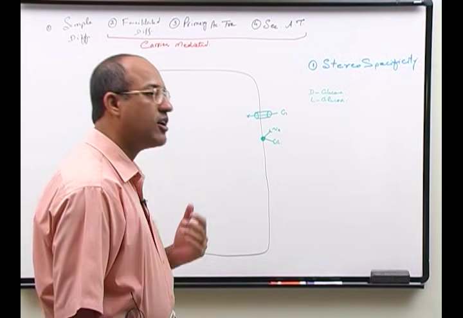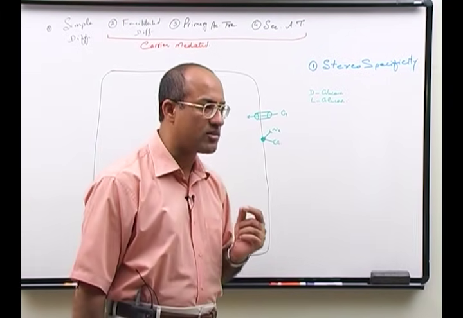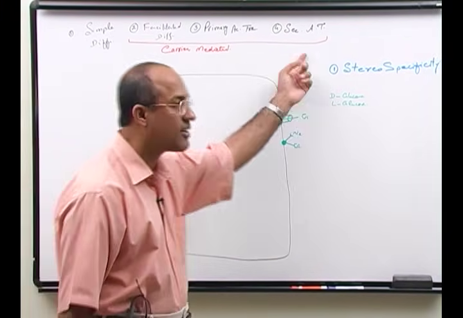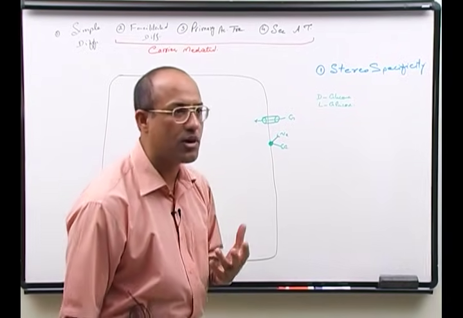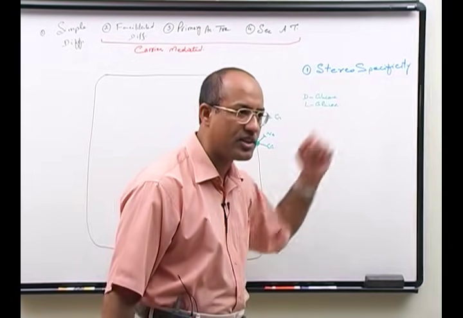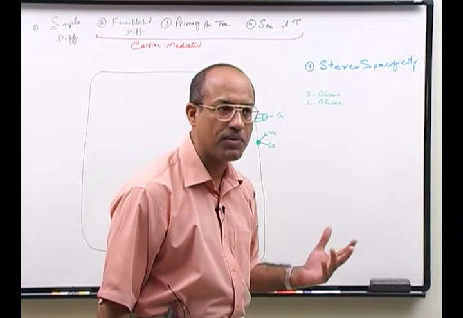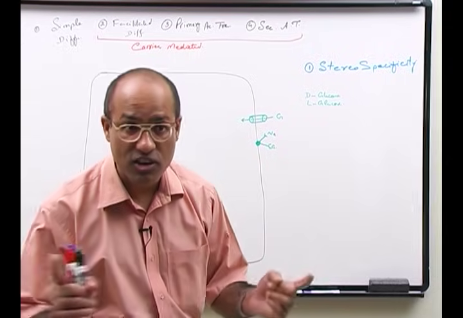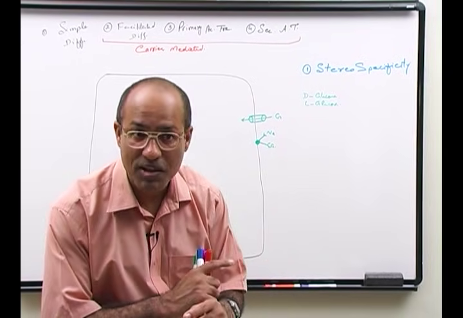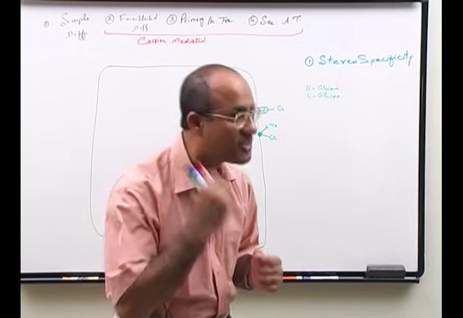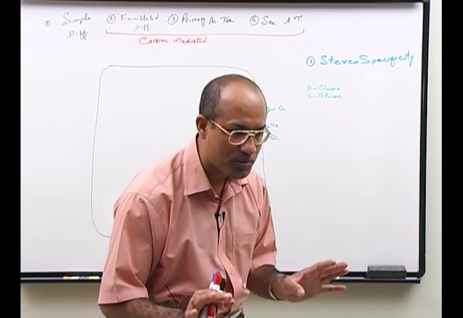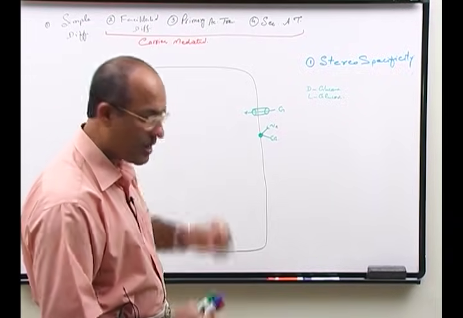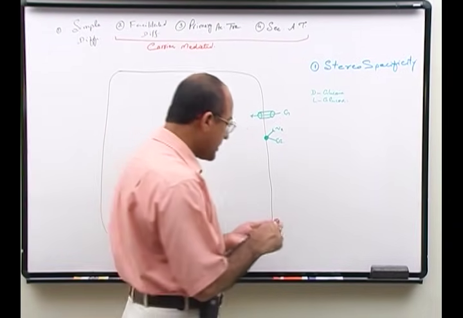So this concept that carrier proteins utilized in facilitated diffusion, primary active transport or secondary active transport display the phenomenon of stereospecificity, that they are specific. For example, sodium potassium ATPase does transfer sodium and potassium, but it cannot transfer magnesium and calcium. So it's clear to you. This is one characteristic of carrier mediated transportation. Second is that